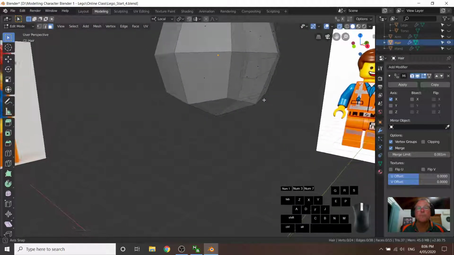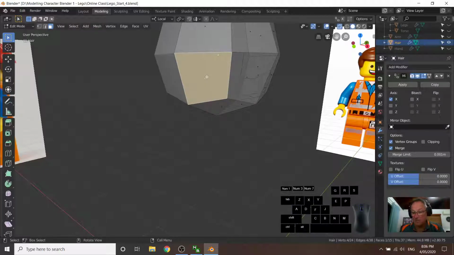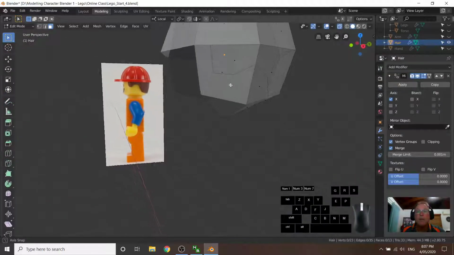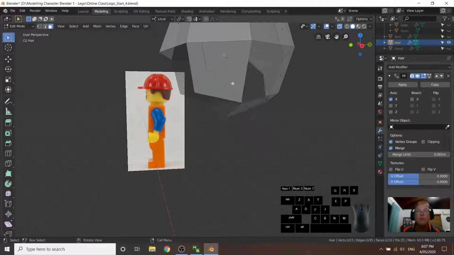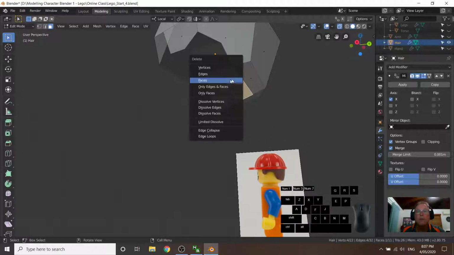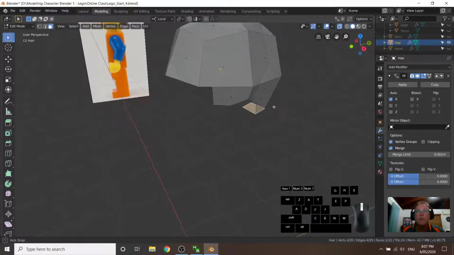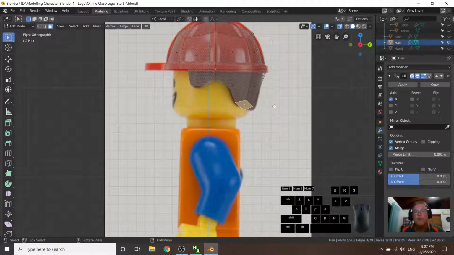So I need to definitely choose that one and delete that one. I'll delete that one there, delete, and delete, and delete, and delete, delete that one, and hang on a sec, I think we leave that one in. Let's have a look. 3, yes, so all we need to do now is to go into vertex mode, and